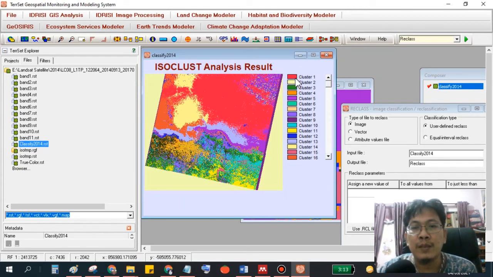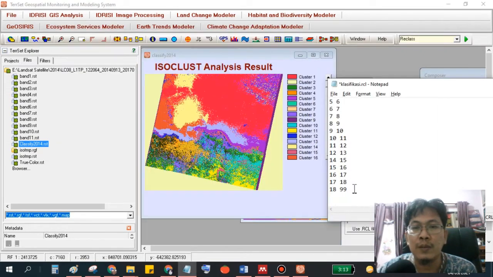For example, the cluster 1 we click, this is the C, so we give the legend. Water, for example, is 3, build up area 0, and vegetation 1, etc.